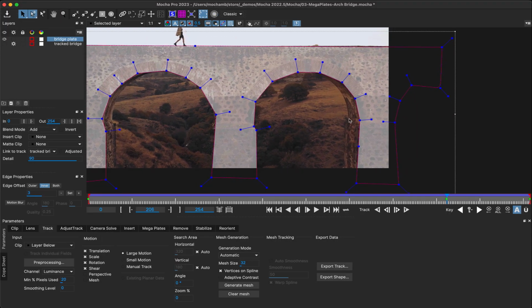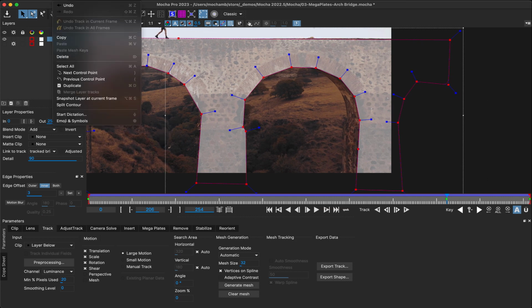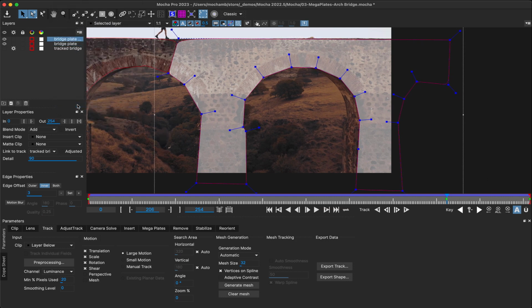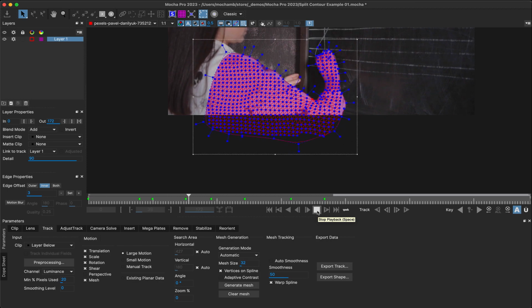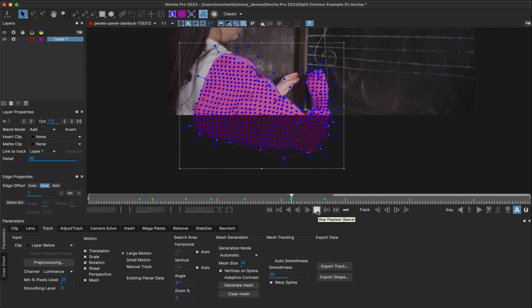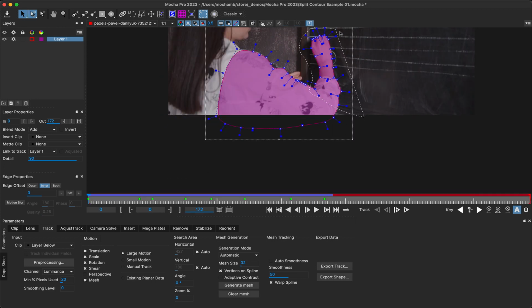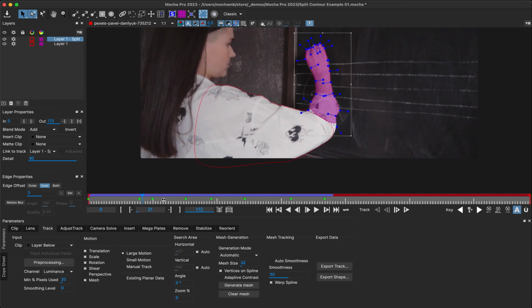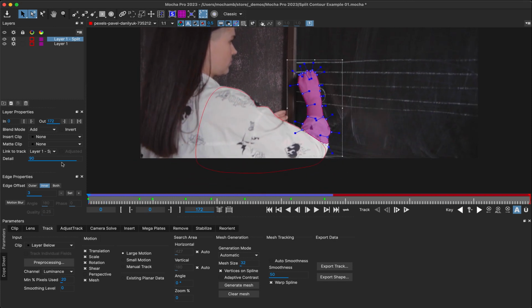If you have been working on a large shape and want to break it out into more manageable chunks, you can now use the split contour option. This cuts out any selected points into a new layer, retaining all keyframes from the original. For example, this is very helpful for breaking down body roto when you realise that arm you've been working on is going to get a bit difficult. You can select the area you want to break off, choose split contour, and a new layer is created. Now you can continue working as though you'd made two shapes all along.